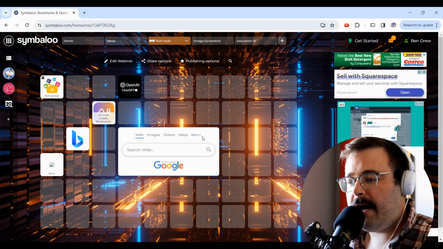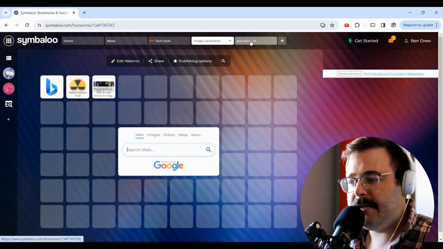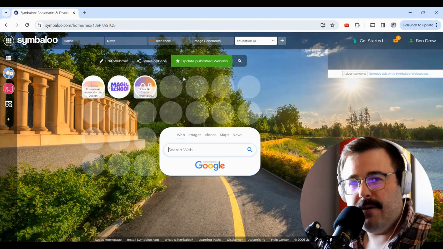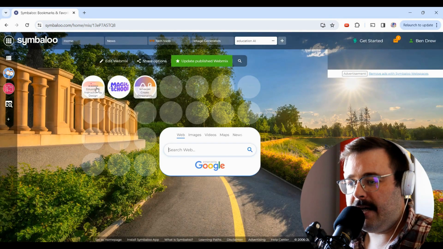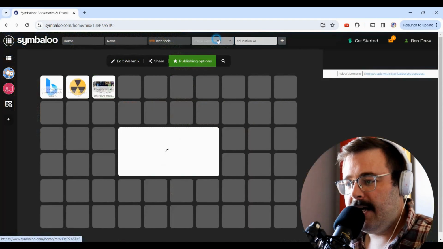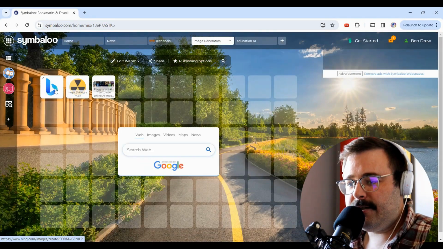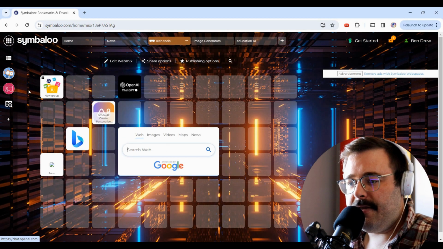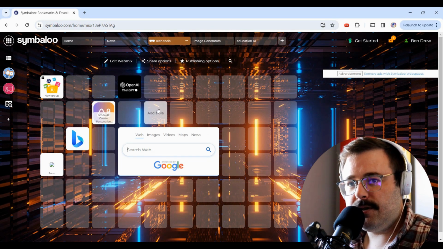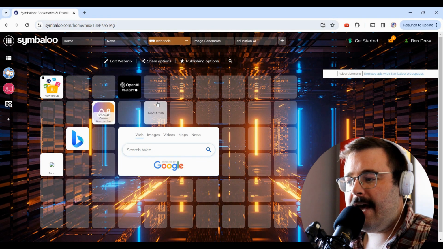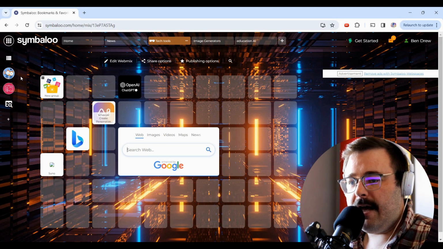So here I am in my space. I have 3 pages I've made with a few links that I've added to each. So I have just some AI tools like EduAid, Magic School, School AI. Then I have an image generator page, Bing image generator, Ideogram, Playground AI. And then this is the first one I made, just general tech tools. So if you're making a math website and you wanted some digital manipulatives,